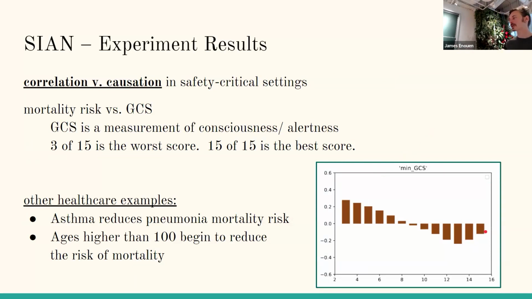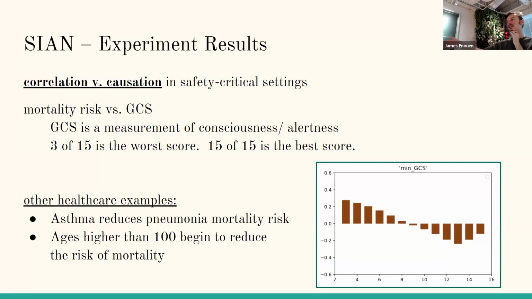So what could be happening? There are some other healthcare examples where this is due to the excess care that you're getting. A nursing staff is not going to see that you have a poor score in your consciousness and not be alarmed by that, right? And so you'll receive this additional care because of this situation. And that can lead to these kind of unintuitive things in the data where we're learning the correlations from the data, and this is what the correlations say, but that's not what we need to consider from a causative perspective.